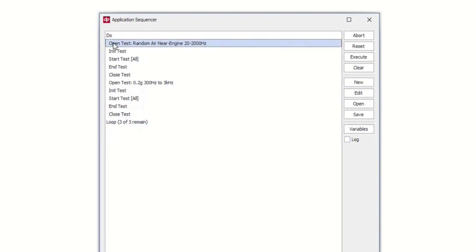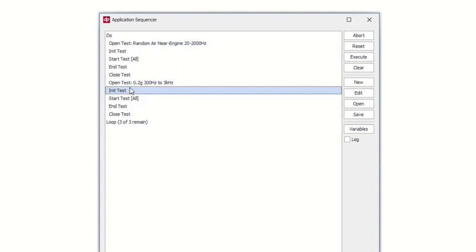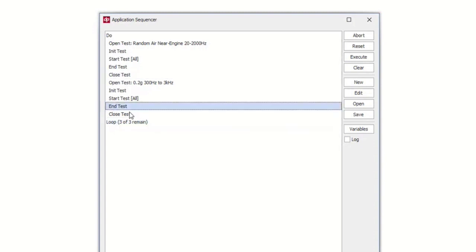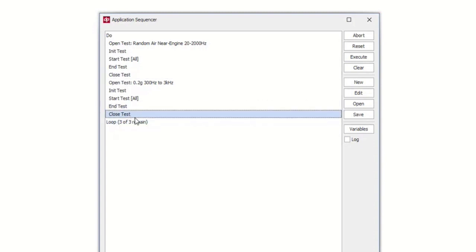And what it would do, I'm not going to run this in the interest of time here, but it'll open up the random test, run it, then open up the sign test and run it, and then it'll decrease the loop count here by 1 and go and do the same thing over and over again until it hits 0. Okay, in the interest of time, I'm not going to run this, but I'm going to move on to the next topic, which is